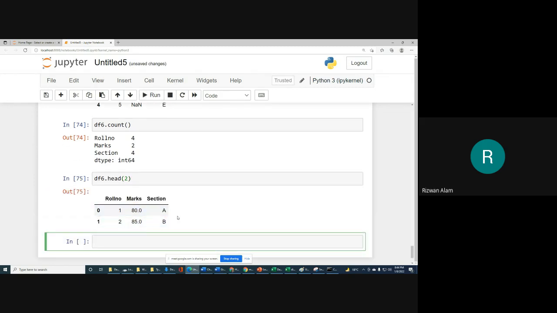Why do we use the head function? If your data set contains, for example, 10,000 rows, and you want to see only the first 2 to 3 rows, to know what values and columns are there, then we use head.